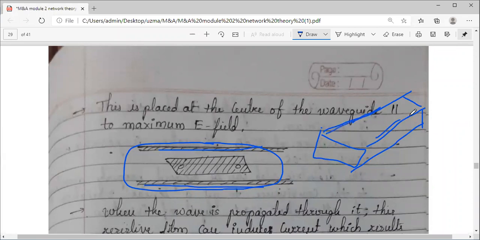Okay, so these are the boundaries of your waveguide. It will enter from here, and this will be hollow. Okay, you can imagine a hollow pipe. Your water pipe, it will be hollow, but it will be round. So that is a circular waveguide. Similarly, if the mouth is rectangular, that is a rectangular waveguide. So instead of a coaxial line, we are going to use a waveguide here.